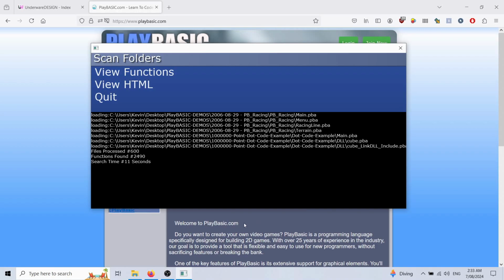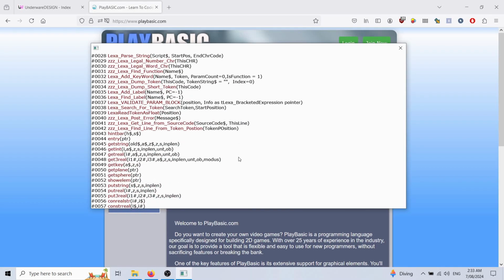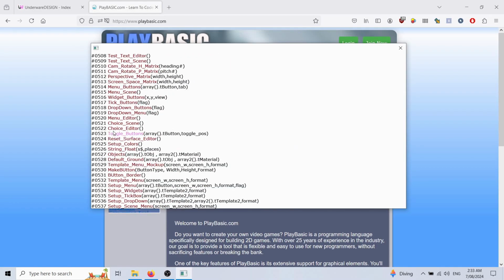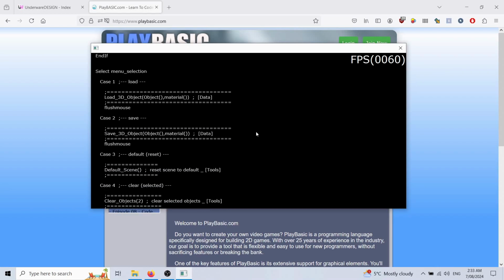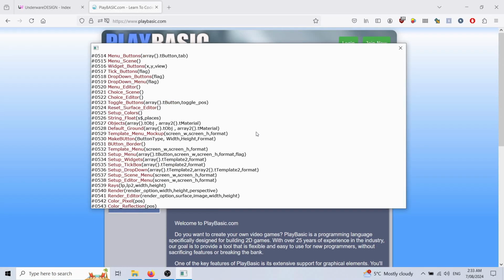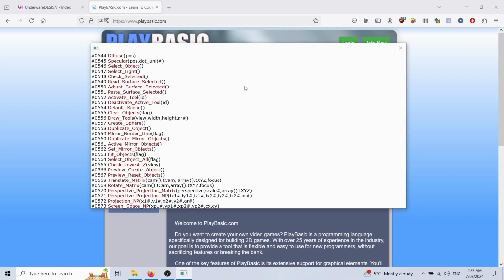So we've got 600 files, 2000 functions. We can look at the functions, scroll through. You can click on a function and actually see the function. It's a bit hit and miss. There's a few errors here and there. It's cutting a few corners, but pretty much loads every file, parses the files, and gives us markers where these things are. Different languages have different styles, so